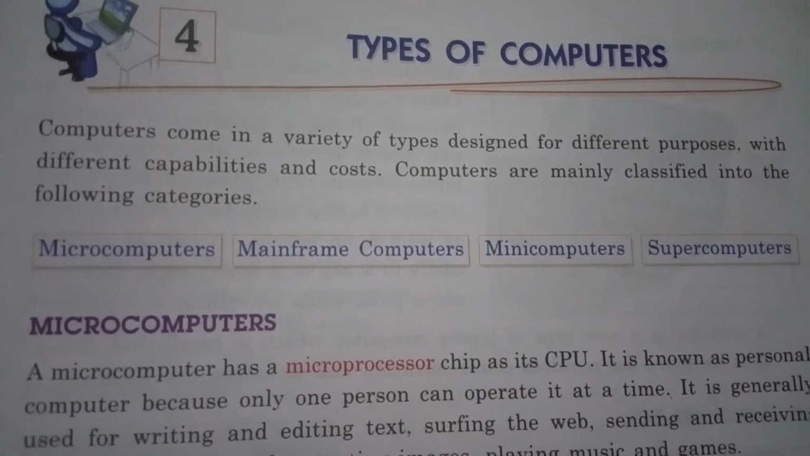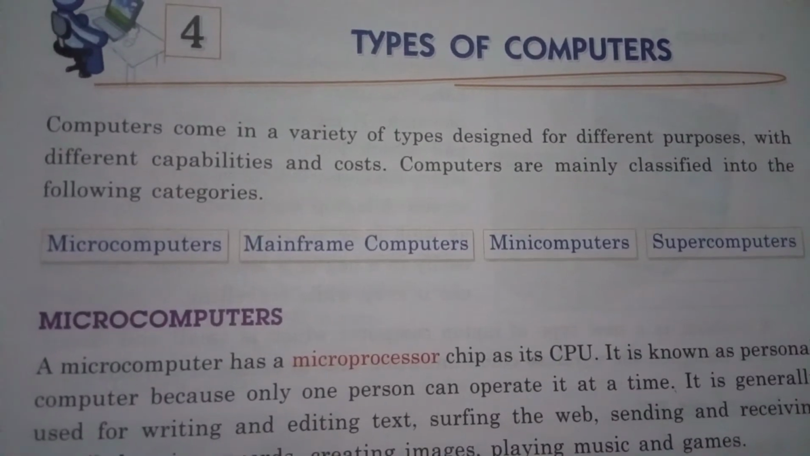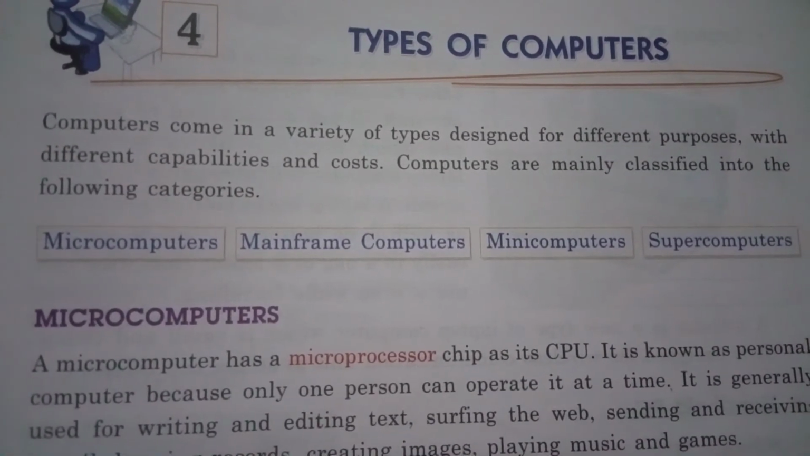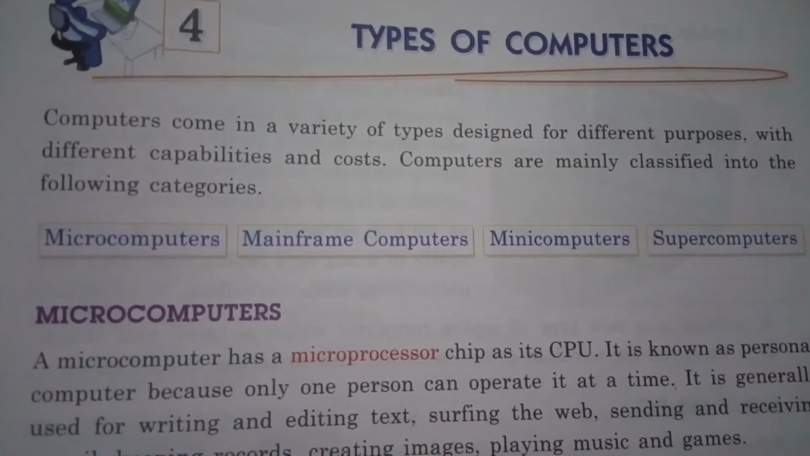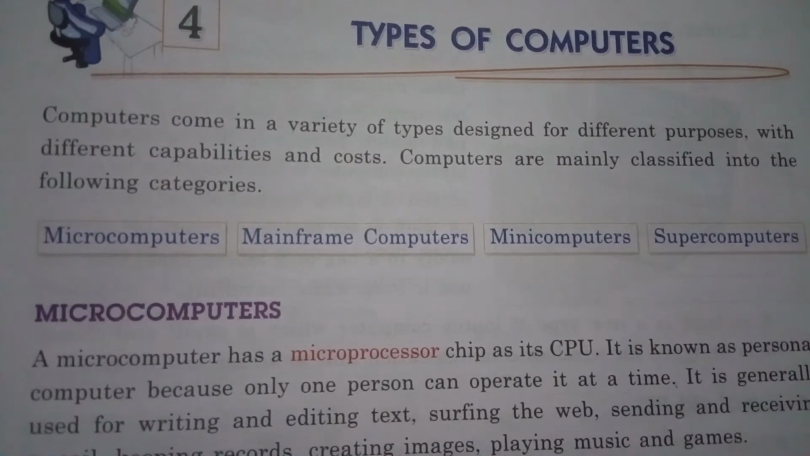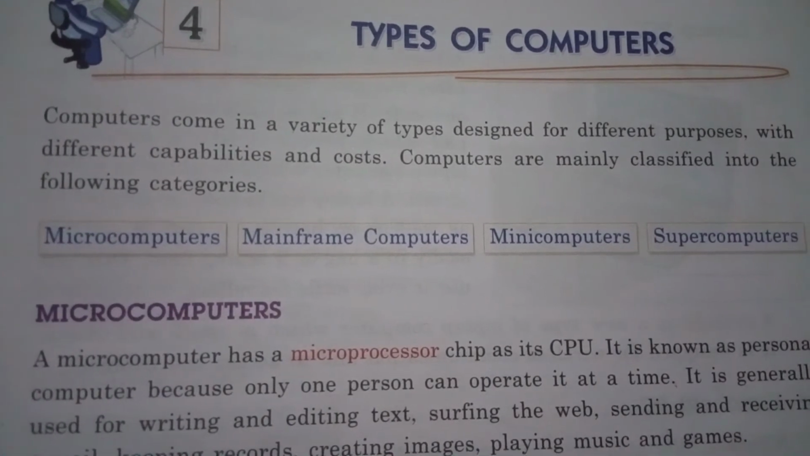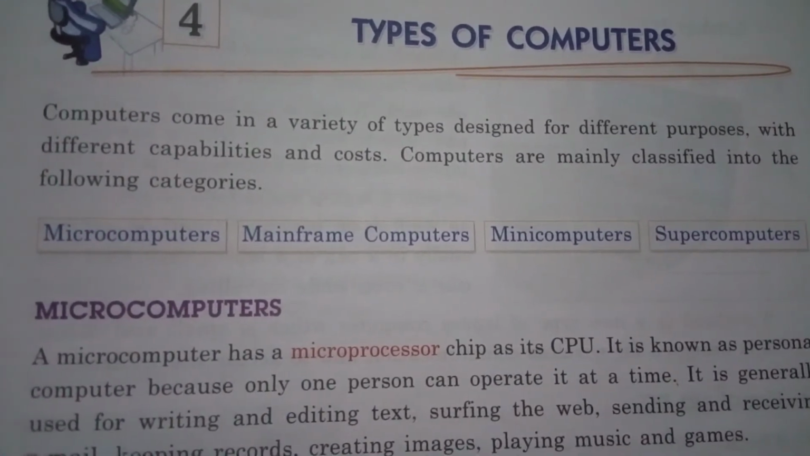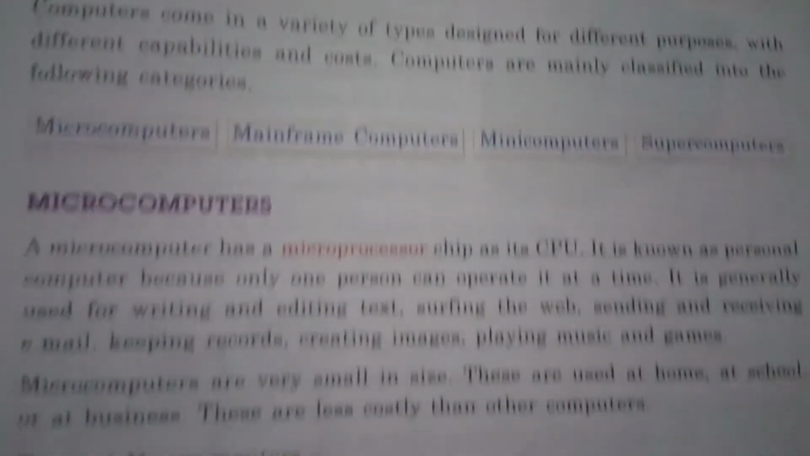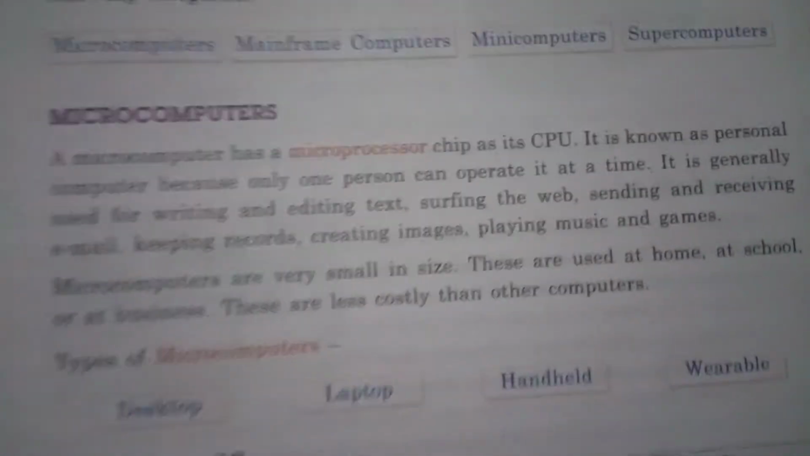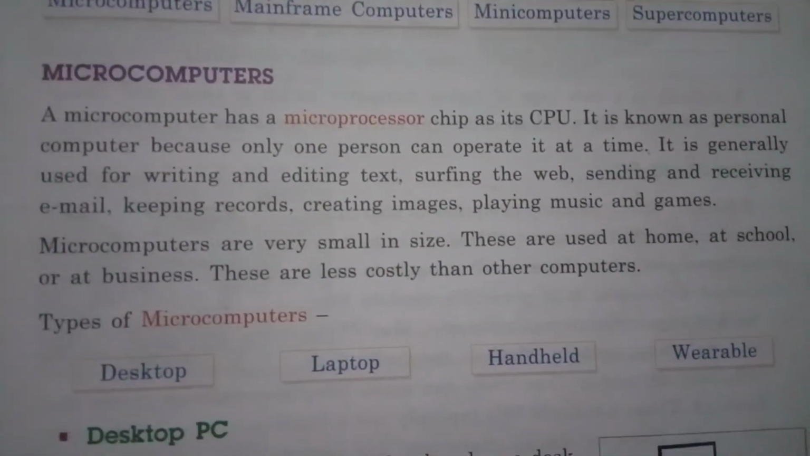You can say four categories of computers are there. First category is microcomputers. Second one is mainframe computers. Third is mini computers. And fourth one is super computers. Now we will discuss the first one, that is